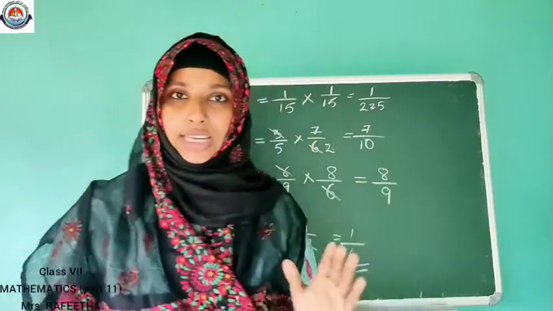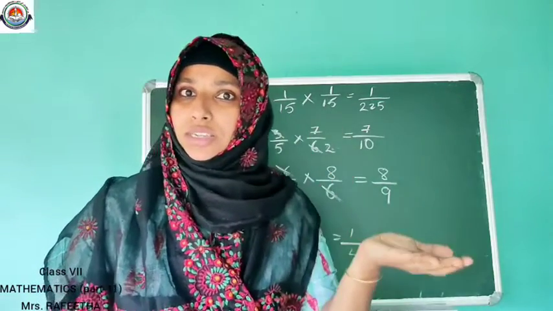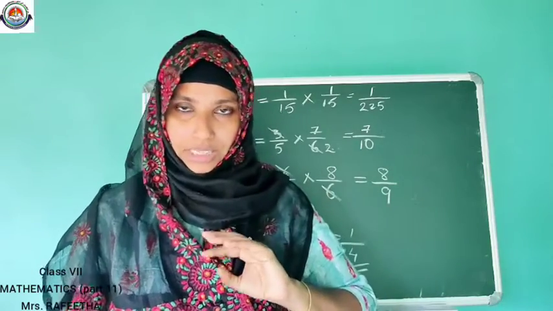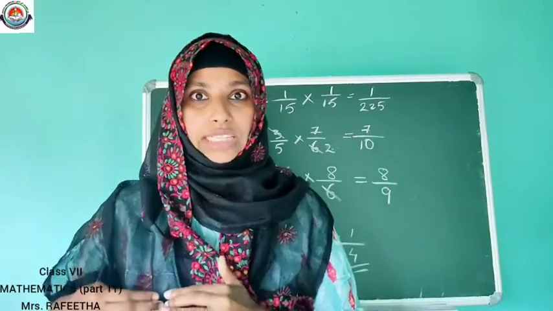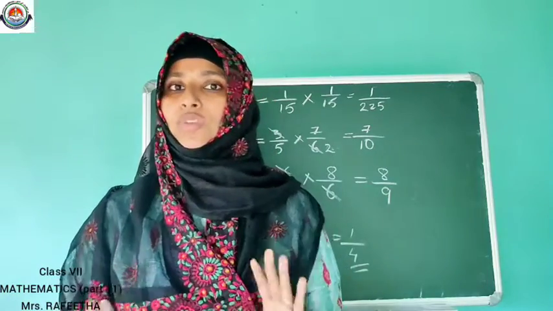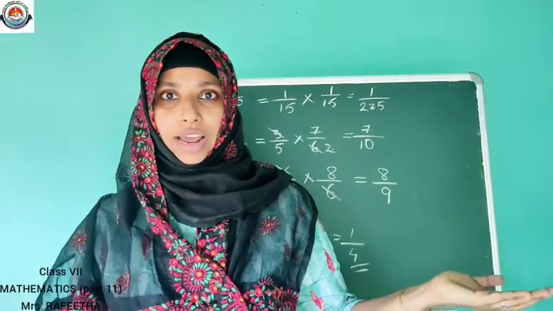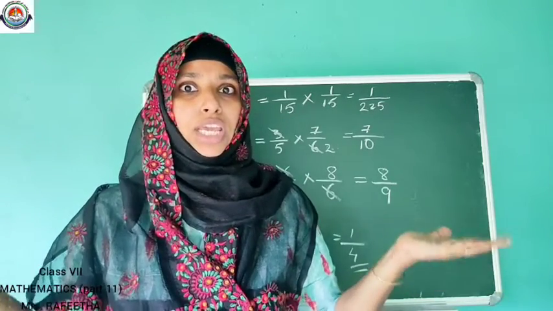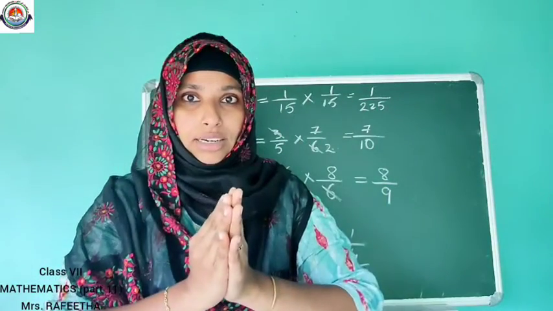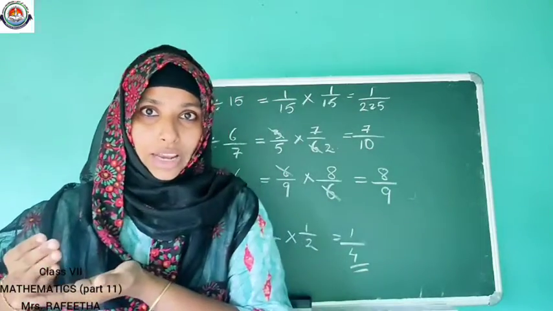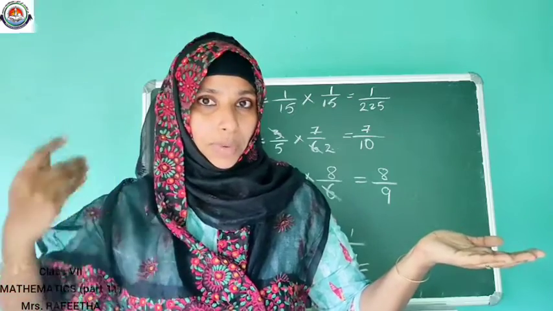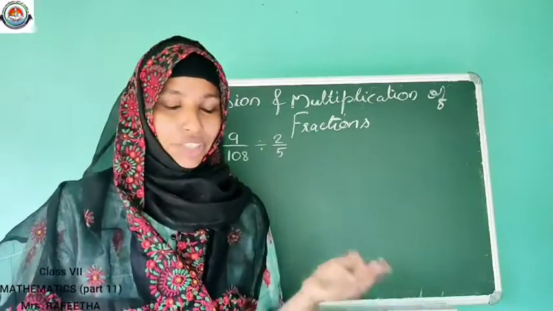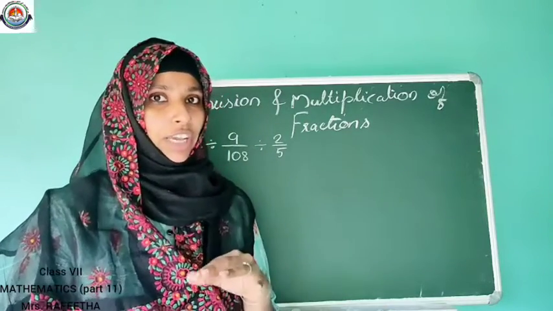Okay, now in this chapter we studied, first, the multiplication of fractions. That is whole number fractions, like that we studied, mixed fractions and all. Then next part we studied the division of fractions. Okay, so now we studied fractions multiplication and fractions division separately. Now we are going to study what happens if these operations come together. That is, in numerical expressions we studied plus, minus, division, multiplication. This all was there. So if multiplication and division come together, what we want to do, that we can discuss here.